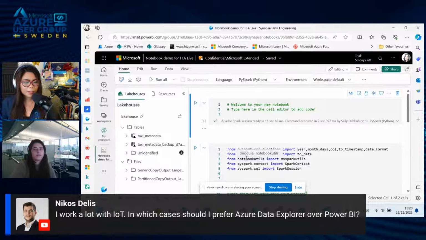Good question. Probably the Power BI service, I assume. At least, it depends on what he's trying to do. It depends if he's building dashboards, the volume of his data. So for each use case, he needs to investigate the pros and cons between services. And I'm not that familiar with Azure Data Explorer.